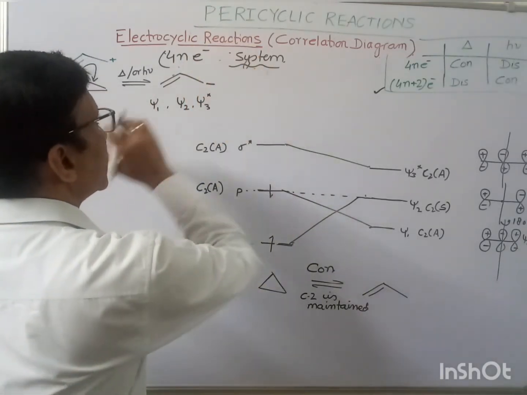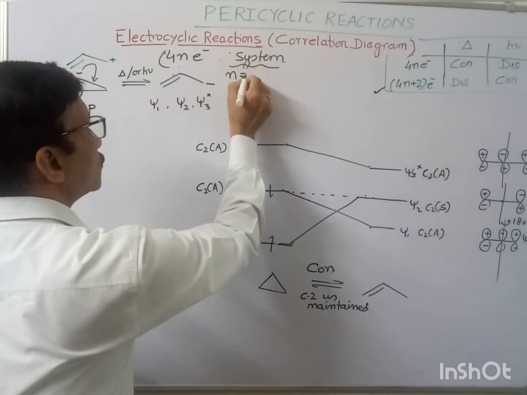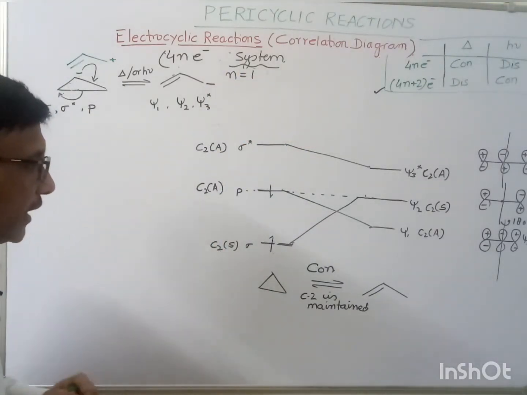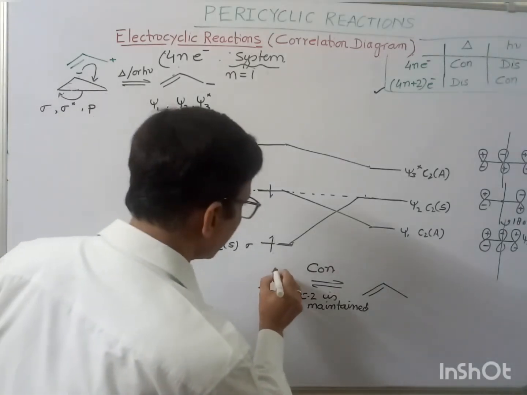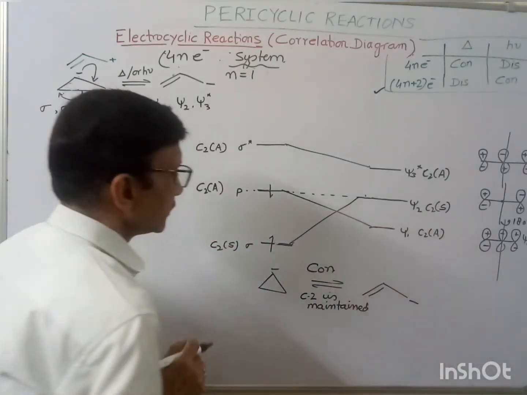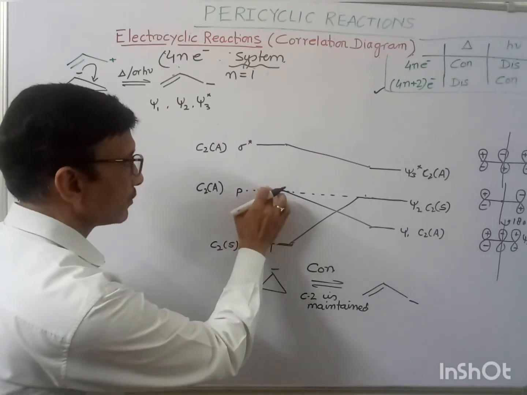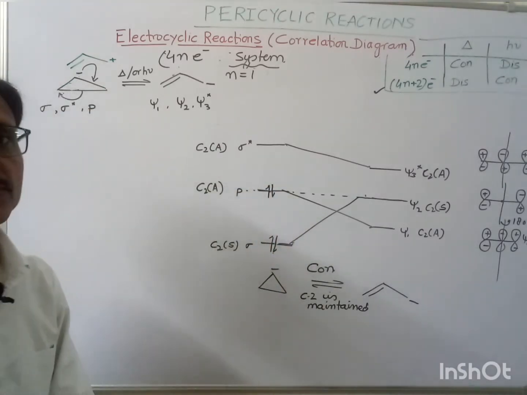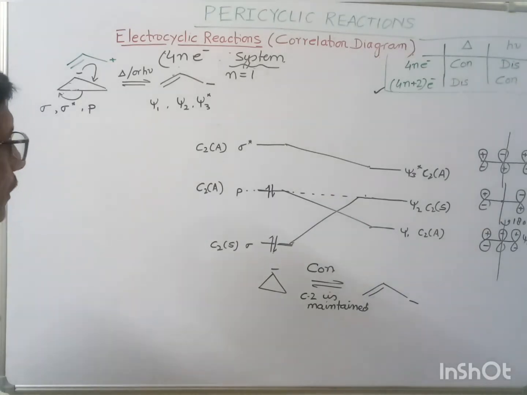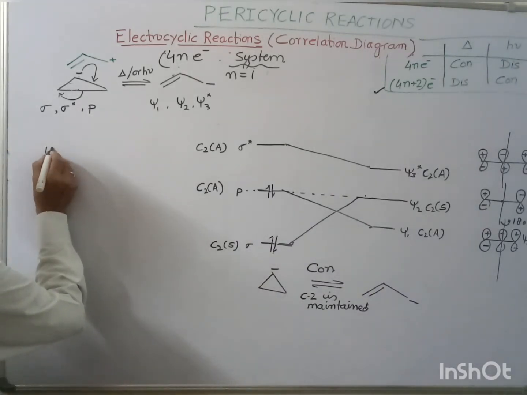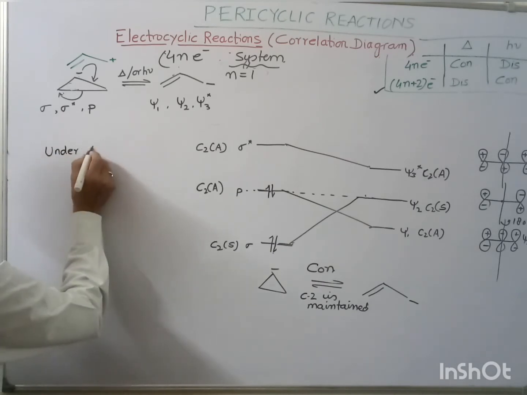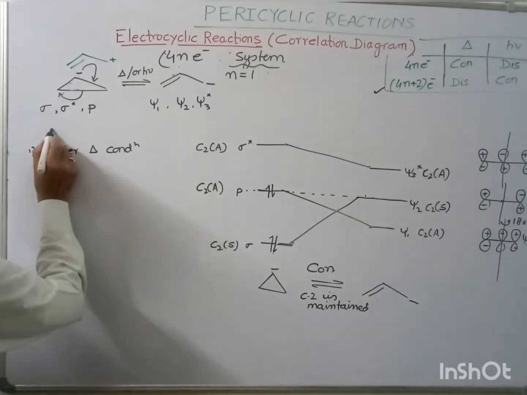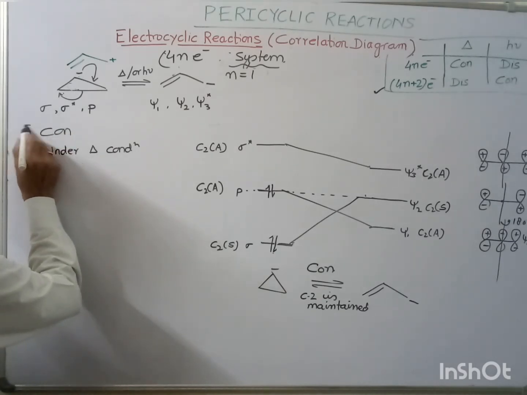Okay, this is a 4n electron system. Here it means n is equal to 1. So in this case, the number of electrons involved is 4. Now, if you will see under thermal condition, and when conrotation takes place,